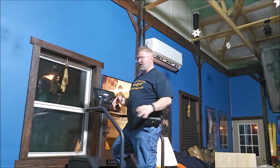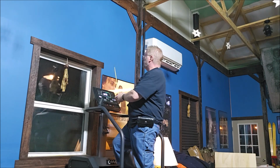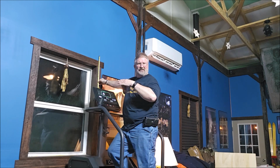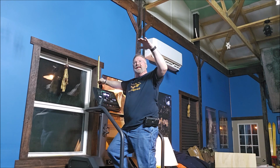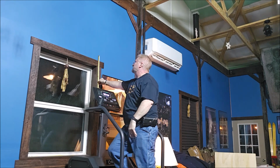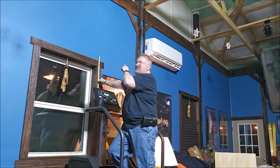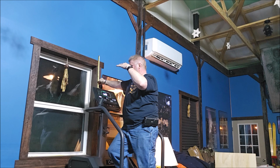All right, so it kind of gives you an idea. I'm basically on the top step here, and again, 8 foot would be 3 inches from there. I know it's kind of a hard perspective to get the angles and everything. It's hard to get a camera at a set height. But again, you're looking at 8 foot at the top of that tape measure, and that's the height that would be in